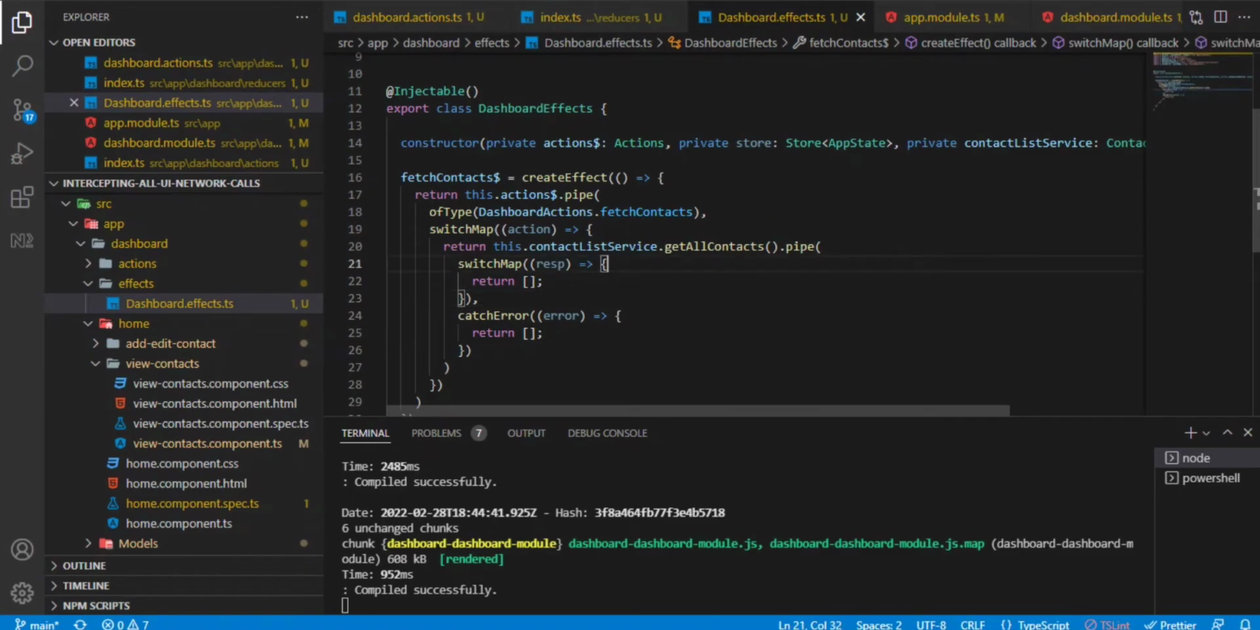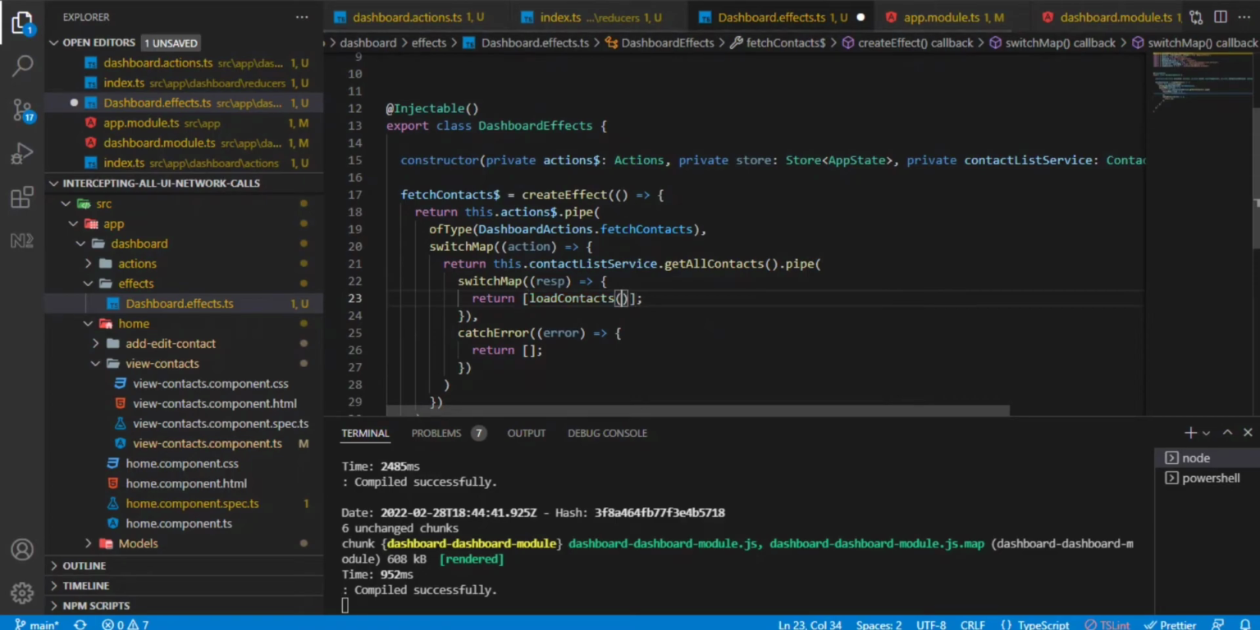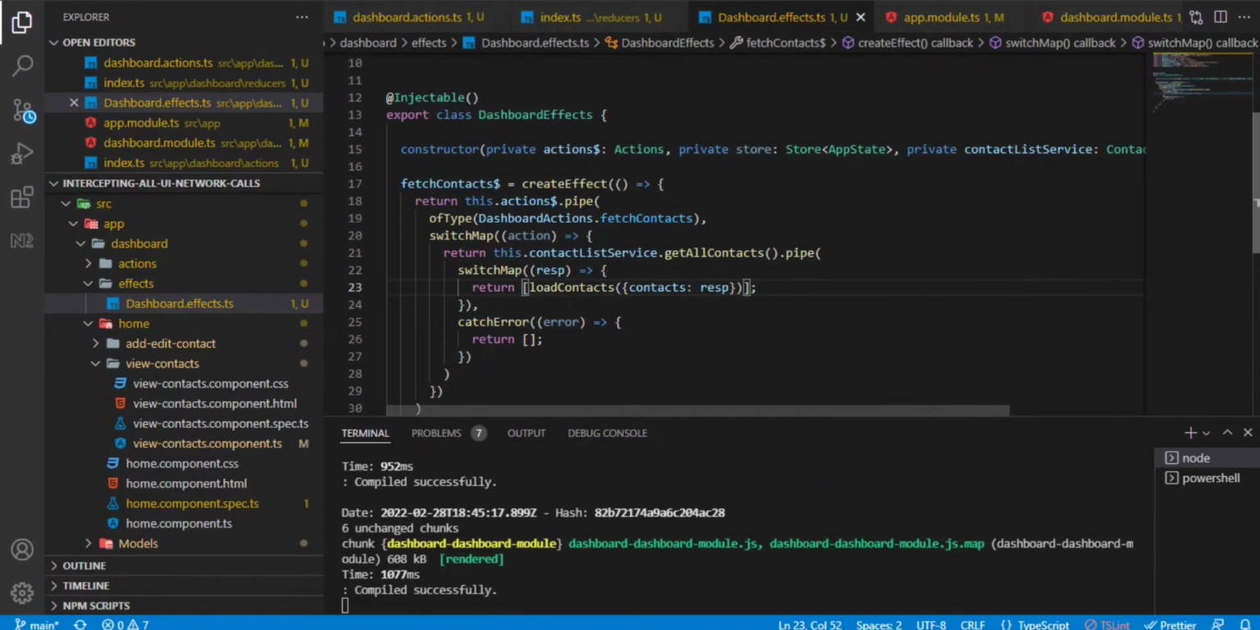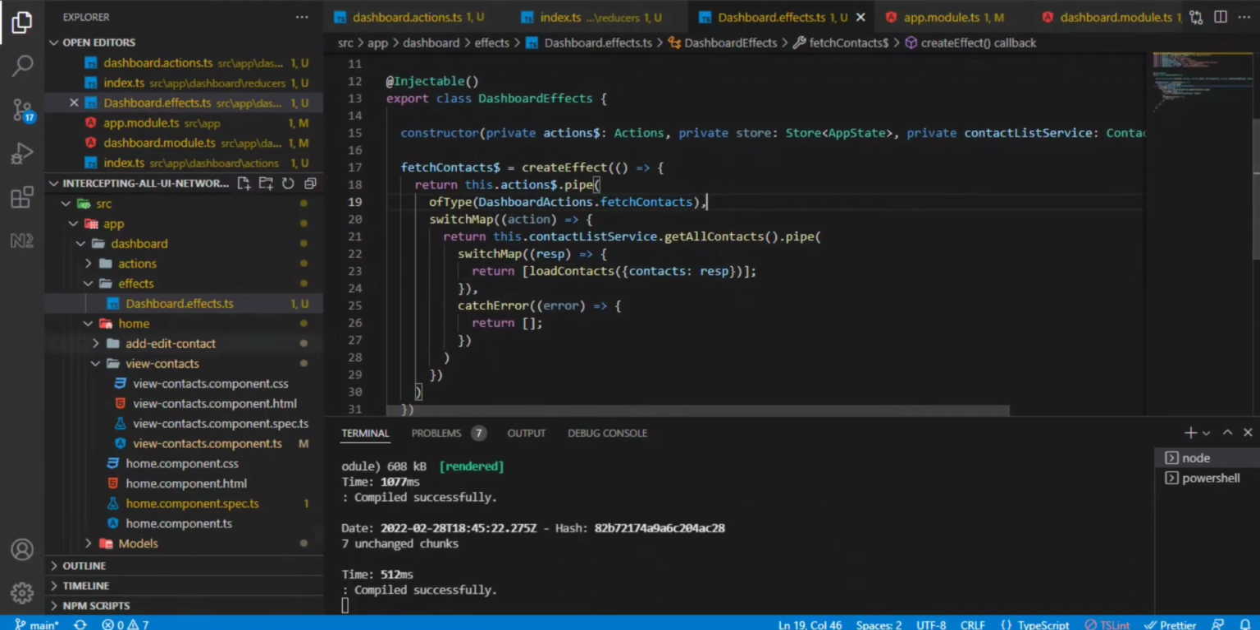Also, now we need to dispatch an action here to load all our contacts in our NgRx store, right? So the way you do that is load contacts. Okay, that's the action to be dispatched. Contacts, and this will be response. Okay, so if I just save this, the last thing that's left is in the view contacts,